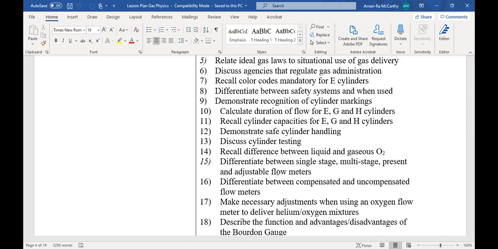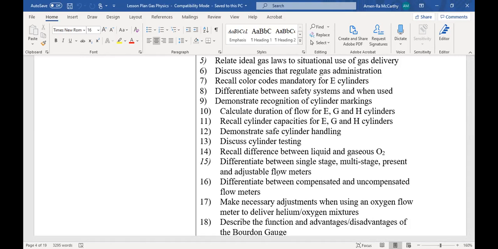No. There are regulators that we put on that bring that pressure down, because that will blow your mouth open. And so there are regulators that bring the pressure down to a certain working pressure of about 50 psi. Some of them get to it in one stage. Some of them have to do 2 or 3 stages, multi-stages. Some of them are preset, and some of them are adjustable. Flow meters. You're going to learn the different types of flow meters.